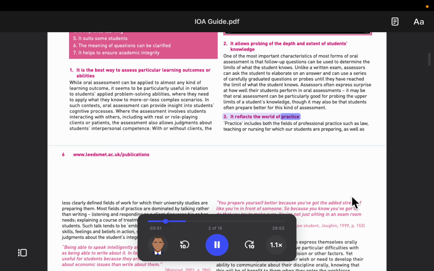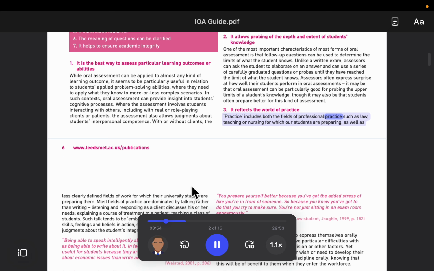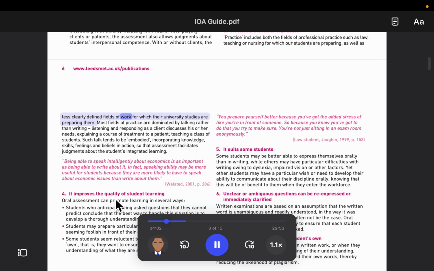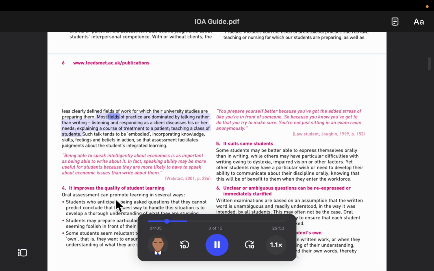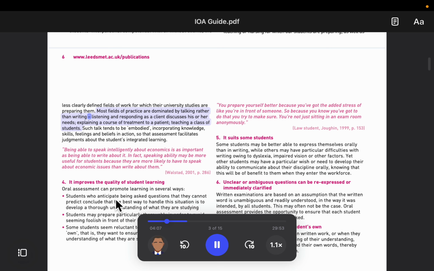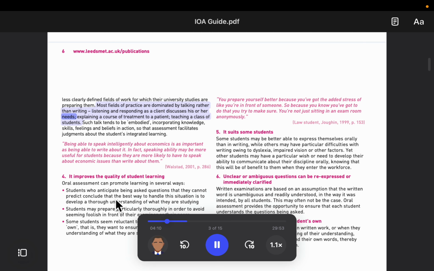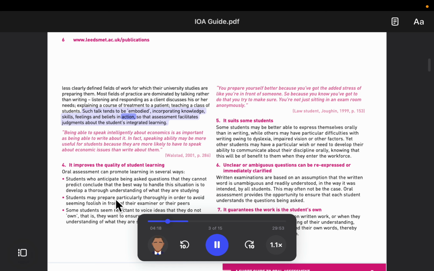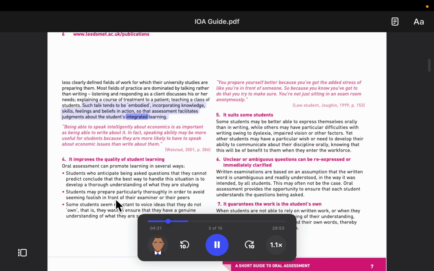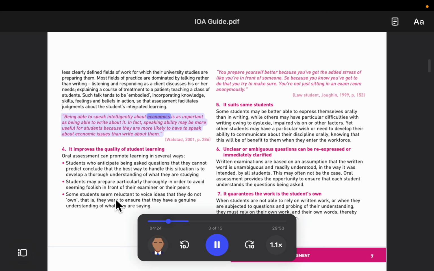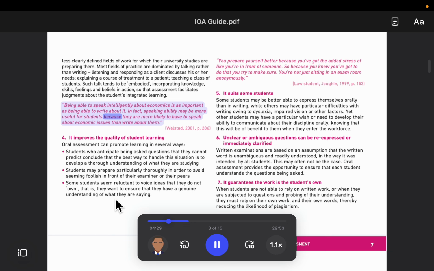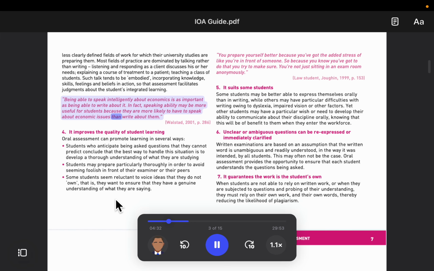Three: it reflects the world of practice. Practice includes both the fields of professional practice, such as law, teaching, or nursing, for which our students are preparing, as well as less clearly defined fields of work for which their university studies are preparing them. Most fields of practice are dominated by talking rather than writing: listening and responding as a client discusses his or her needs, explaining a course of treatment to a patient, teaching a class of students. Such talk tends to be embodied, incorporating knowledge, skills, feelings, and beliefs in action, so that assessment facilitates judgments about the student's integrated learning. Being able to speak intelligently about economics is as important as being able to write about it. In fact, speaking ability may be more useful for students because they are more likely to have to speak about economic issues than write about them. (Wallstad, 2001, p. 286)